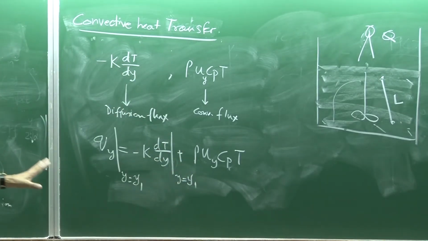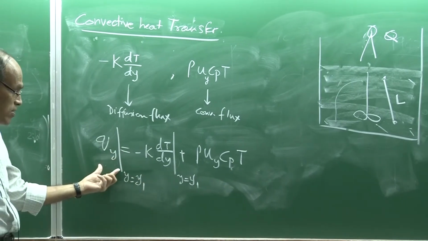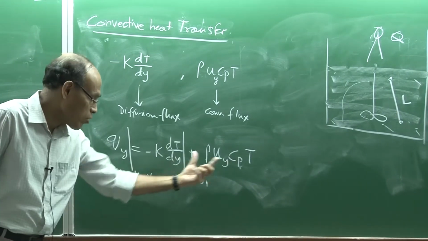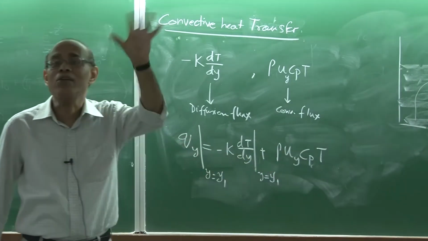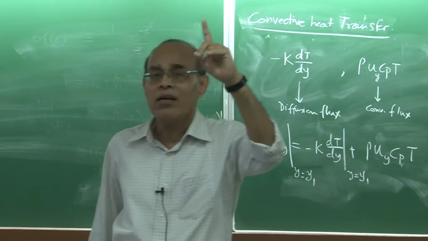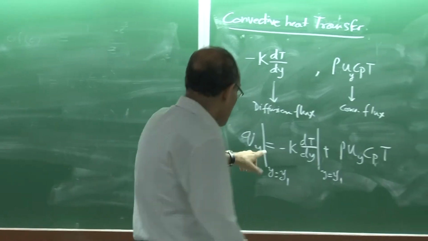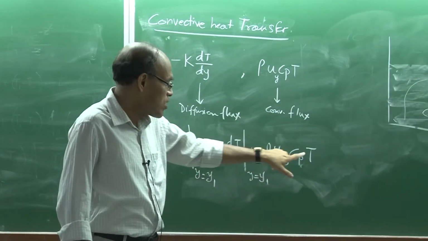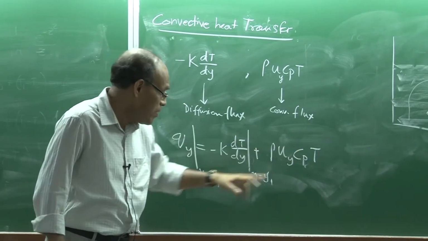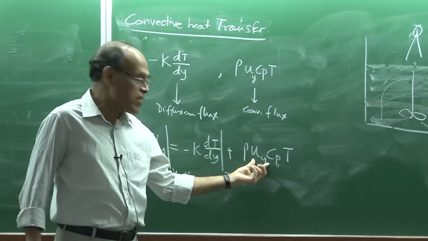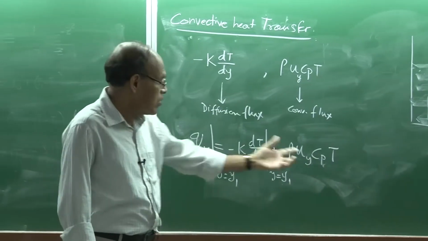What important thing I see is that the estimation of the total heat flux, having a component of conduction and convection, necessitates the velocity. I will get an energy balance equation which will have one unknown, the temperature in the flow domain. In this particular case, k is constant, rho is constant, Cp is constant, and T is the dependent variable. Here is an unknown which appears, which is the velocity. So, unless and until the velocity is given to us, the convective flux cannot be